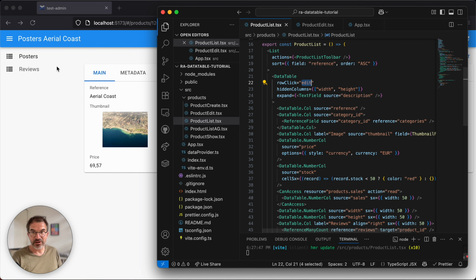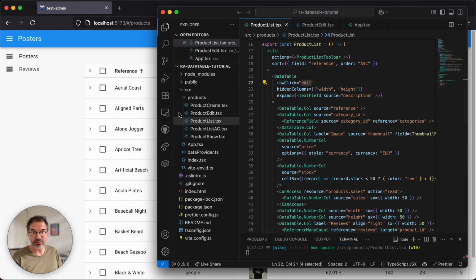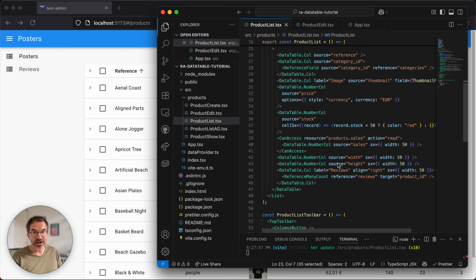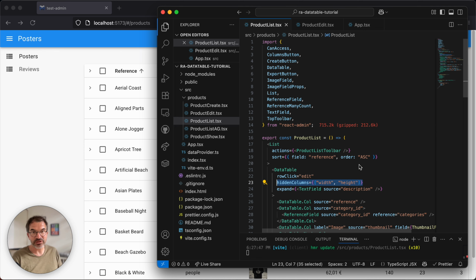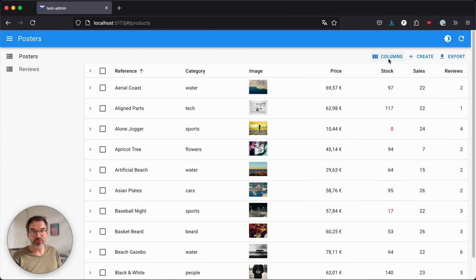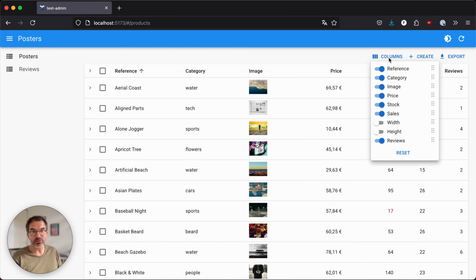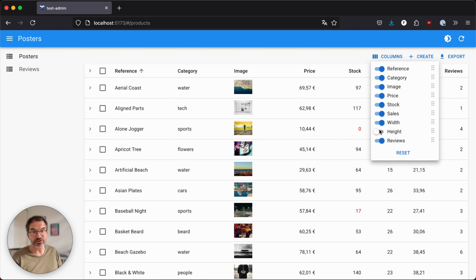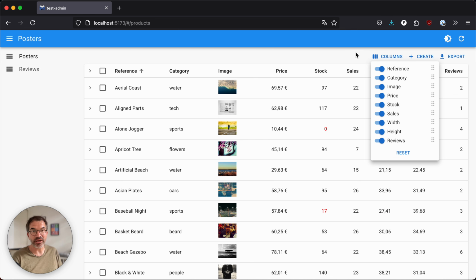A second prop that I used is the hidden columns prop, and it tells that even though I defined a width and height column as children of data table, they should not be displayed by default. This will let you offer more columns than what the screen can fit, and leave it to the end users to display these columns or not.